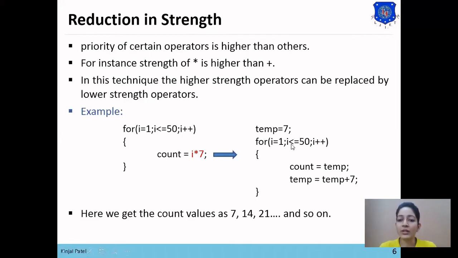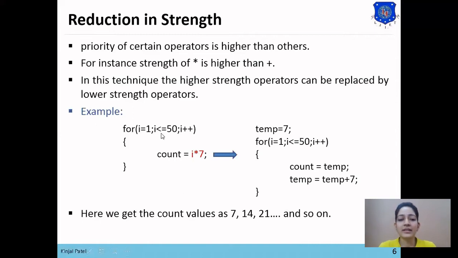Now for i = 2, count = temporary, so count will be 14. Now temporary = temporary + 7, so 14 + 7, temporary equals 21. So for i = 3, count will be 21. So we are getting the same result with the plus operator, like 7, 14, 21 for count values.